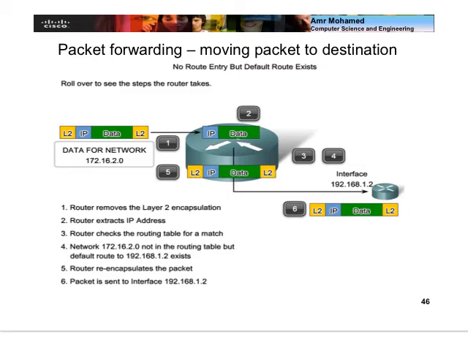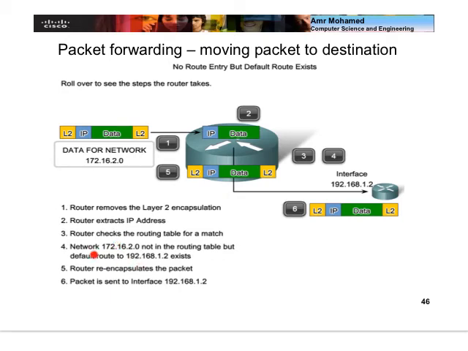Another possibility is that I received a packet with a particular destination address, which in that case is 172.16.2.0, and I did the same, and then the network address was not in the routing table. Okay, then I have to ask myself, do I have a default route? Remember the default route that leads you to the gateway, the default gateway, which takes you to the internet. So if you don't have a specific route for this particular address, then the next level is to look for